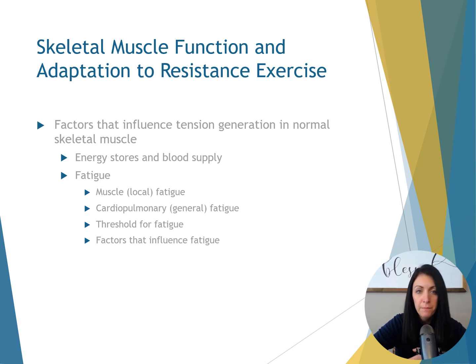Type 2B is more geared toward anaerobic metabolic activity and has a tendency to fatigue more quickly than type 2A fibers. Now your type 1, your tonic slow twitch muscle fibers, generate a low level of muscle tension and can sustain the contraction for a long period of time. That's going to be a lot more of your endurance type activities. Those are the fibers you're going to kick into for a longer duration, and they're more fatigue resistant. They rely more on aerobic metabolism, and they are definitely more fatigue resistant compared to type 2A.